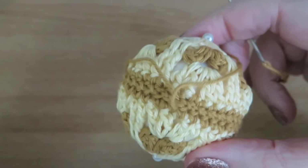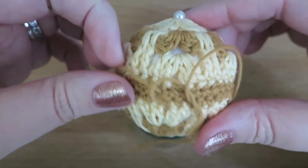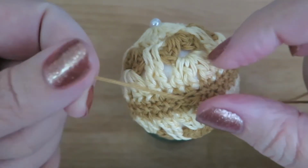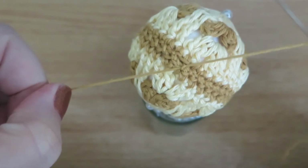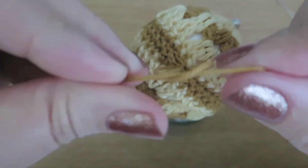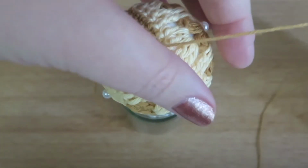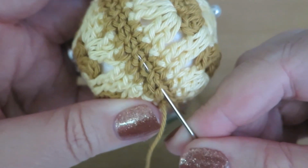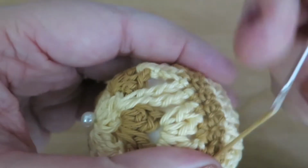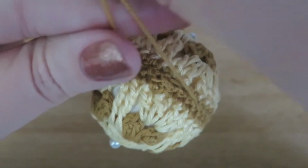Okay, so we've got to the end there, and I'm just going to put that on there just to make that a bit easier. Sewn all the way around, and I'm just going to tie that off with that tail there, and then just sew those two ends in like so, like that, and then I'll just cut those two ends,